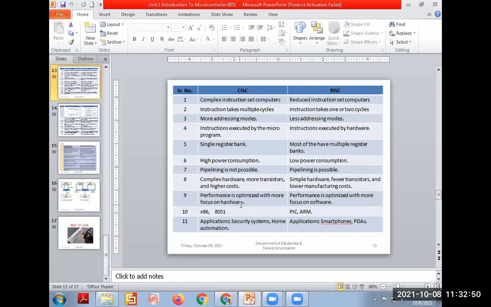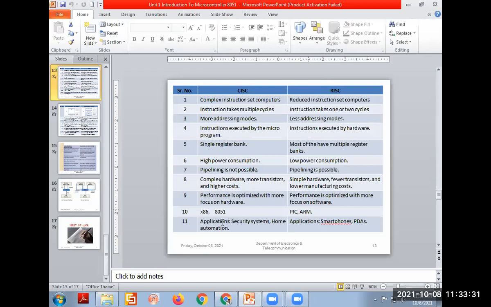Talking about what external devices are to be interfaced, and based on that, the performance depends on how much hardware is needed, more in case of a CISC machine. But in case of a RISC machine, everything is optimized, meaning in a single chip we have all the devices. Examples: 8086, 8051, 8085 all have CISC type of architecture. Even though our 8051 is also a CISC type processor, the PIC controller, the second one, and the ARM in embedded processors, all these are RISC kind of controllers.